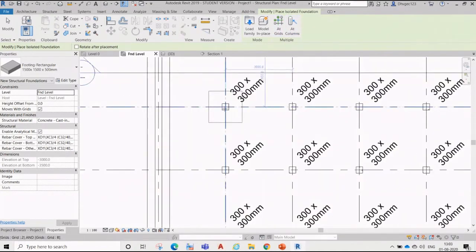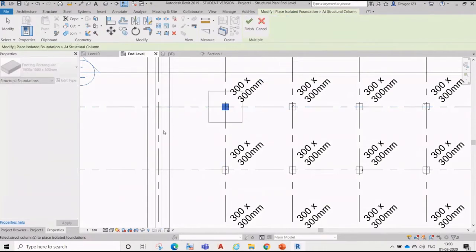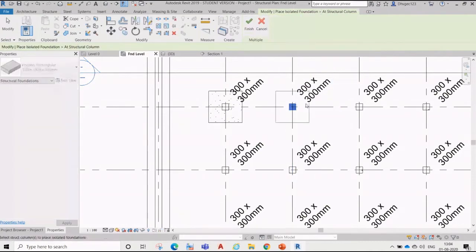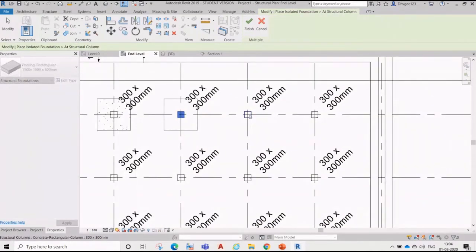Suppose this one is the type which we are looking for. If I select this column and another column which is different, I can just change over here and then select the column. With Control we can select many columns.